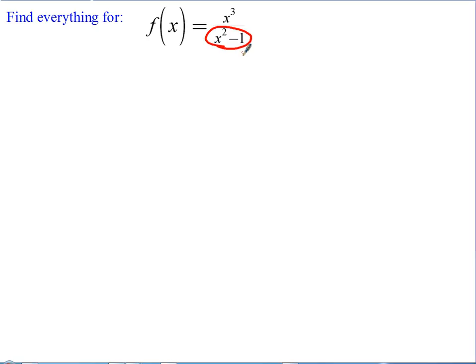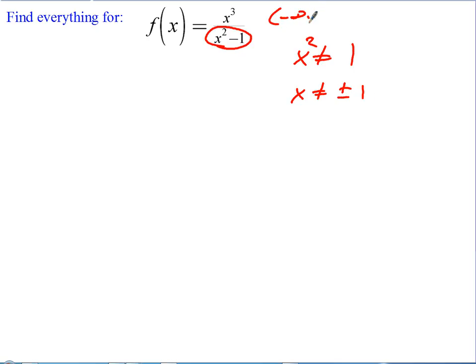So x cannot equal, in this case, x squared cannot equal 1, sorry. So what can x not equal then? Plus or minus 1. Yeah. So our domain, a couple ways you could write this. Now, if you're writing this in the Math Excel problems, you have to write it using interval notation, right? Really, the easiest way to write it would just be x does not equal plus or minus 1, because that implies anything else is okay, right? If there's just a couple places where it doesn't exist, list those, and then we know everything else is okay. How would I write that using interval notation?